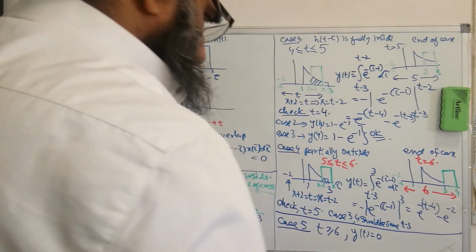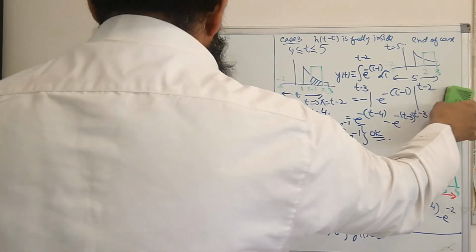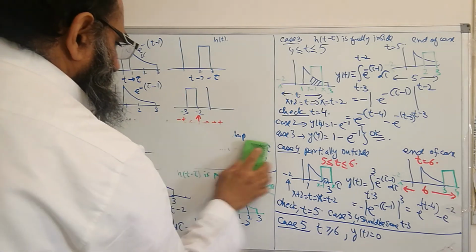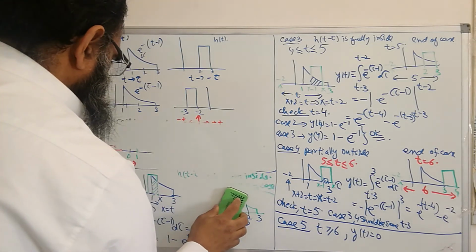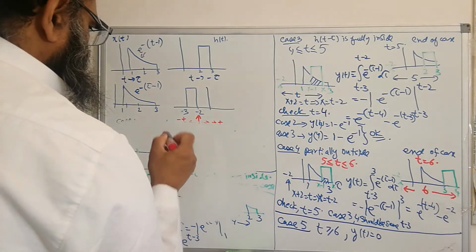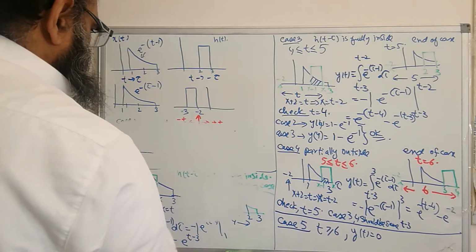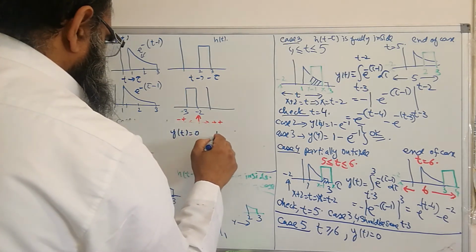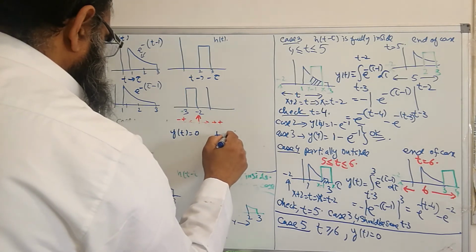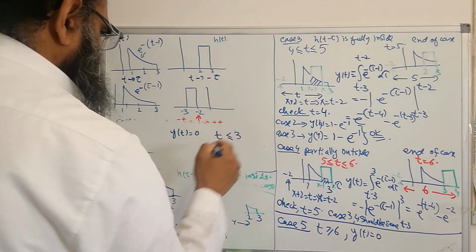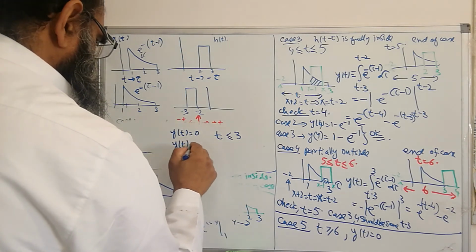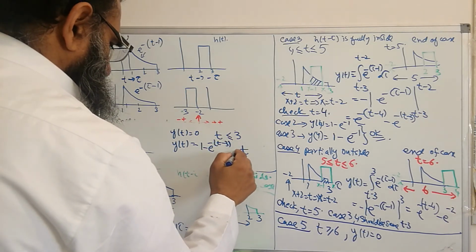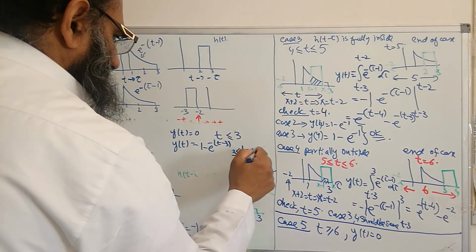So now I have all these equations, and I can just draw it. You can draw it yourself. I will just write down the summary here. So y of t equal to 0 for t less than or equal to 3, and y of t equal to 1 minus e raised to the power minus (t minus 3) for t between 3 and 4,